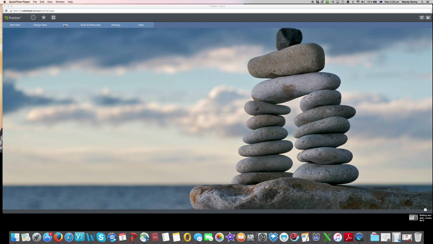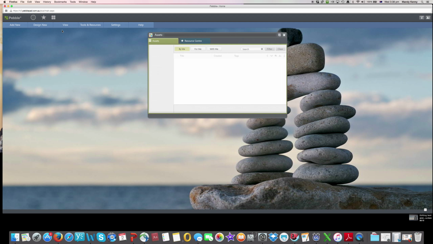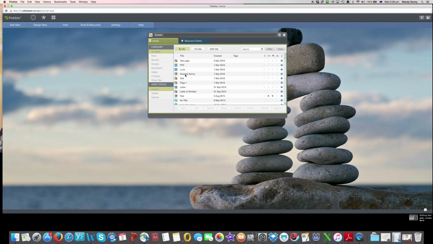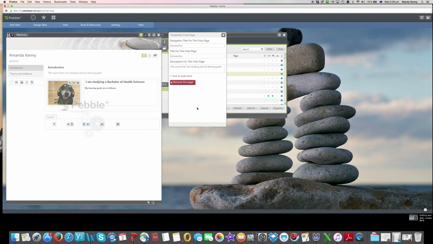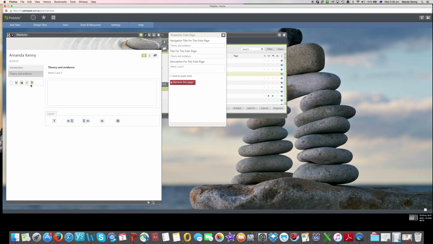So remember, we're going to go into the asset store. We're going to go into view assets. What we're going to do is find that webfolio that I put together in the last couple of short videos. We're going to edit it. Great, now you can see that we've got our pages in. So what I'm going to do is add a new page,